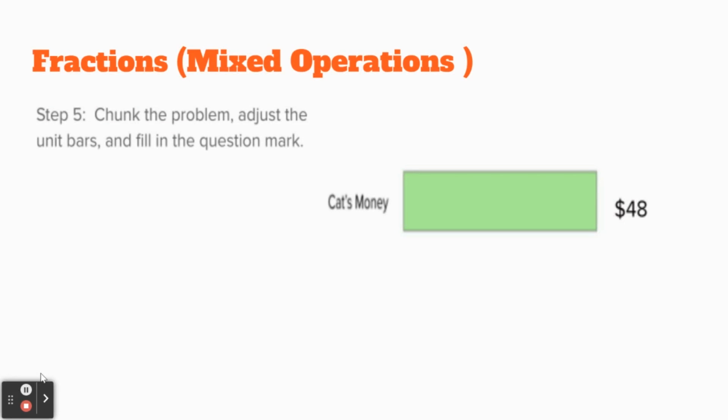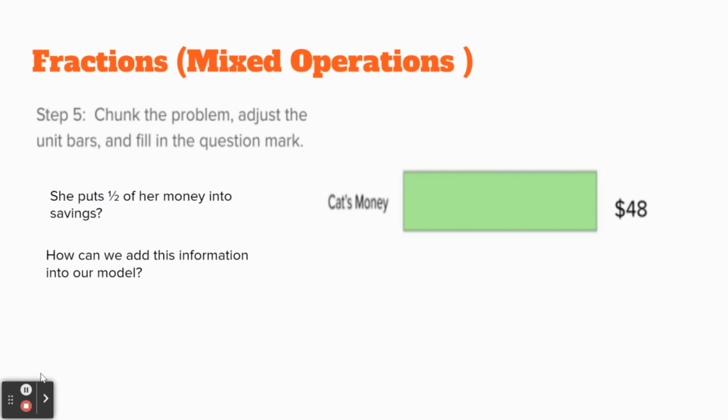So we need to go ahead and chunk the problem by thinking about the information that we have. And then we'll adjust the unit bars and fill in the question mark. So Kat's money, she has 48. She puts half of her money into savings. So we can go ahead and illustrate that in our bar model. You got it. We'll just draw a partition there to show half of her money. And then what happens in our problem